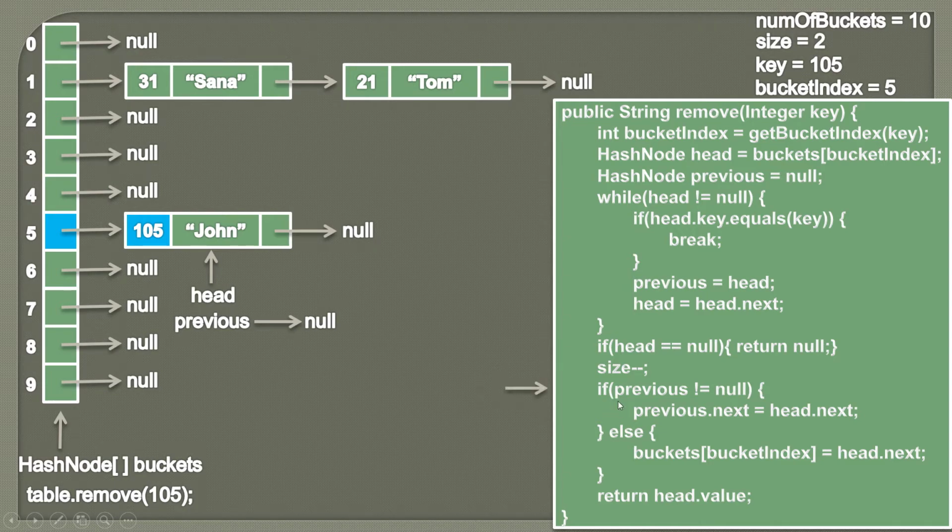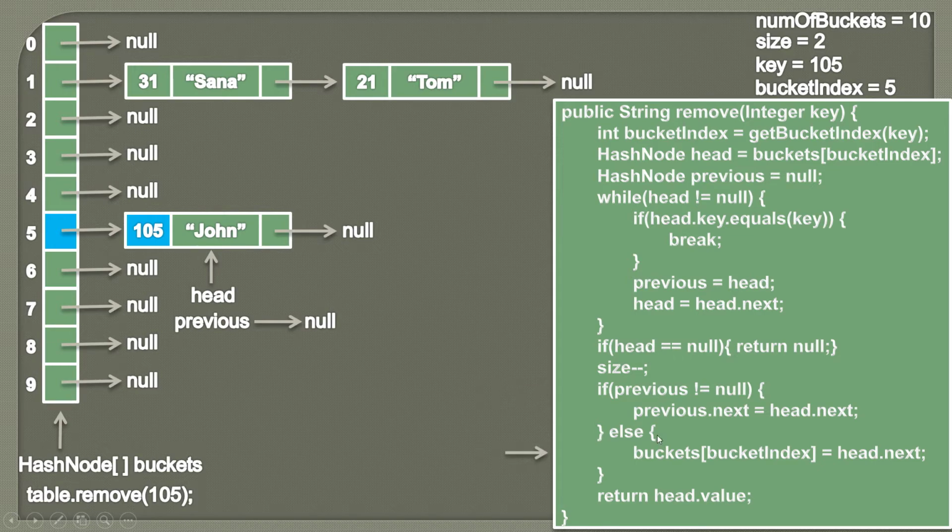And after that we encounter an if else block, which is very important because here we check if previous is not equal to null. If previous is equal to null, it means we are trying to remove the first node of the list. Let's say if we take this example, and if head is pointing to this, so previous will point to null. So it means we are trying to remove the first node of this list. And if previous is not equal to null, it means the key which we have found is somewhere in the middle of this list. So that use case we'll see later. So currently you can see previous is pointing to null. So our if condition comes out to be false.